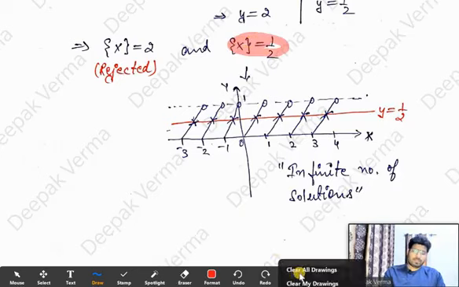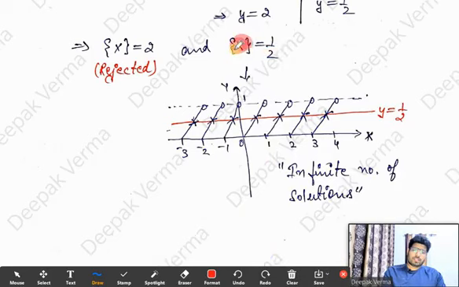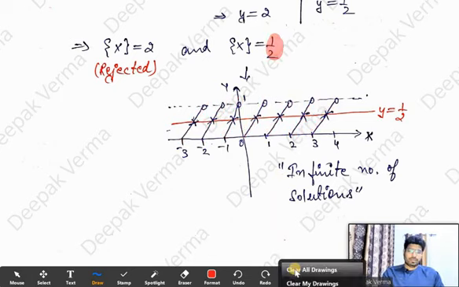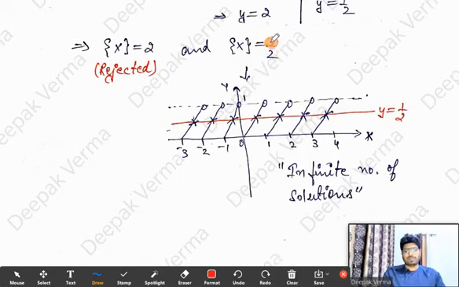It's a simple equation. How will we solve this equation? We will solve it graphically. Draw the graph of fractional part of x. As we know, the graph of fractional part of x is something like this. You can see on the screen. It's a graph of fractional part of x. I have already told in the previous lectures. And the graph of y equals to 1 by 2 is a straight line parallel to x-axis. So this is y equals to 1 by 2.